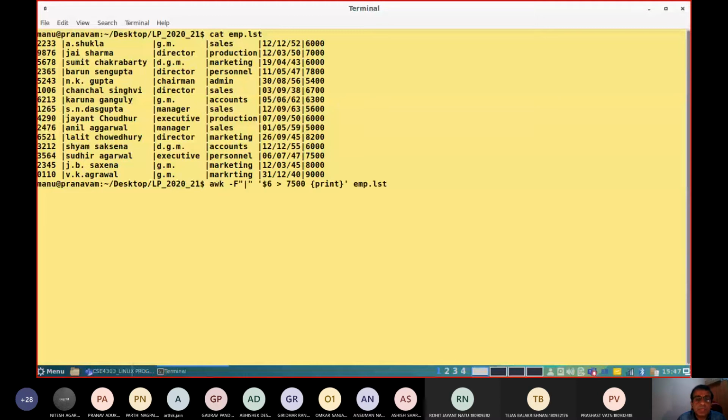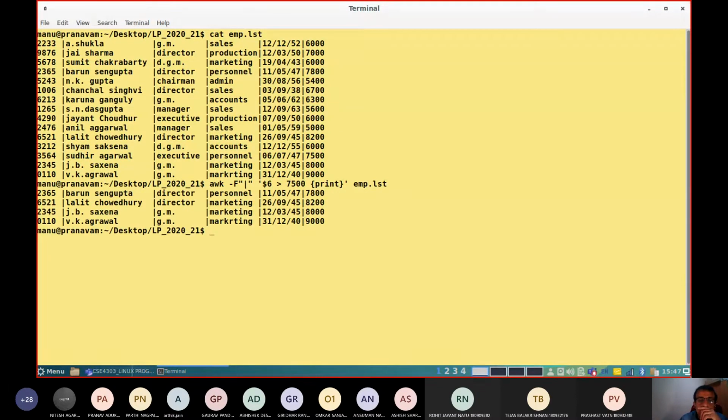From this input file, I want to find out, I'm taking the sixth field, doing a numerical comparison. If the sixth field is greater than 7,500, print that. This is the output for finding the staff who are drawing salary more than 7,500, along with their salary.